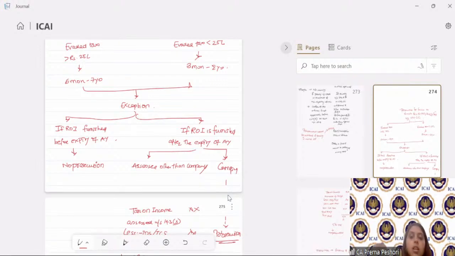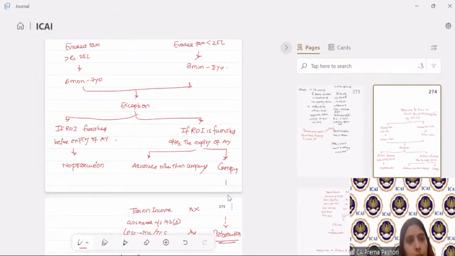Okay, now the last part, which is the miscellaneous provisions. What we are going to talk about now is the liability in special cases. There's a chapter called liability in special cases, which is a very small chapter. So what are the liabilities in special cases?